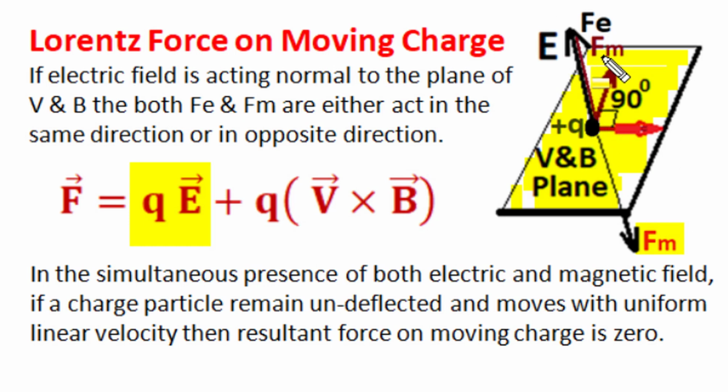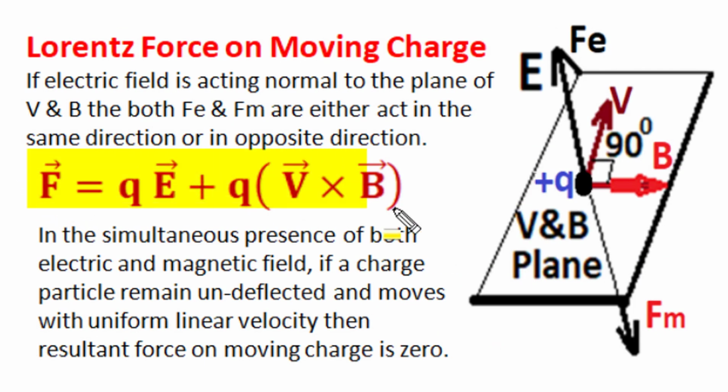So when the electric field acts normal to the VB plane, the two forces, electric force and magnetic force, may be in the same direction or they may be in opposite directions. That depends upon the orientation of the velocity and magnetic field flux density vectors. There is a special condition of the Lorentz force relation of interest when the velocity of the moving positive charged particle, the direction of the magnetic field flux density and the electric field, all three are mutually perpendicular to each other, and the position of the velocity vector and magnetic field flux density vector in the VB plane is such that the direction of magnetic force comes opposite